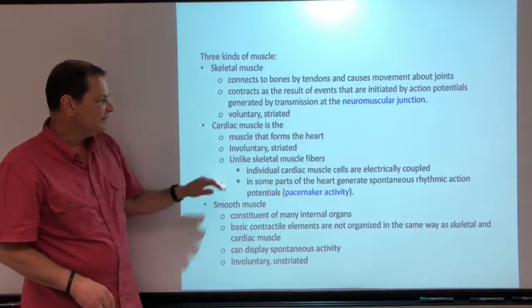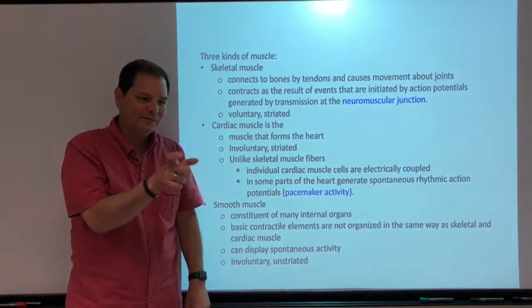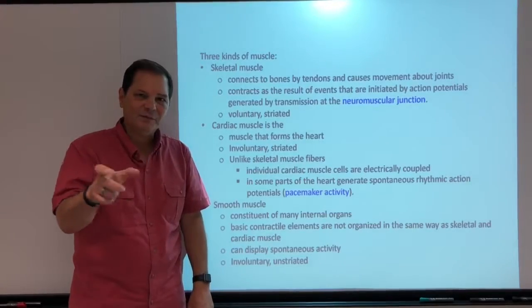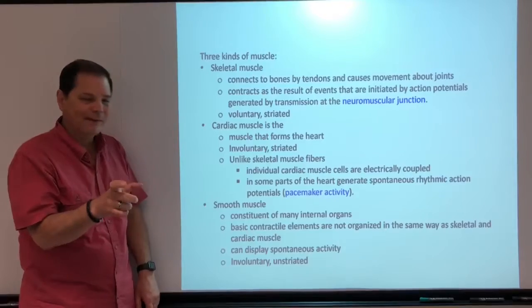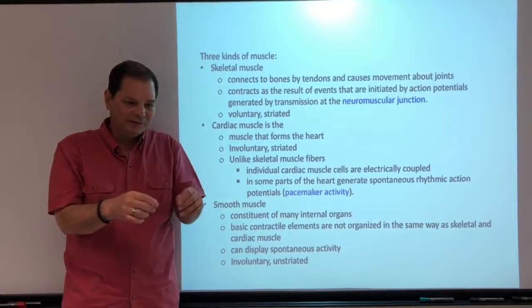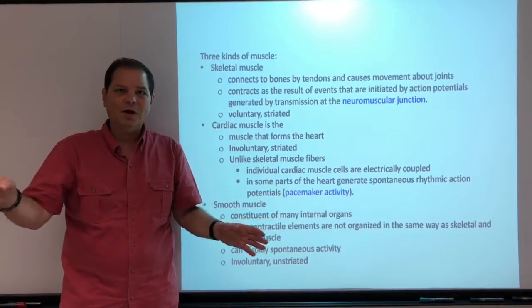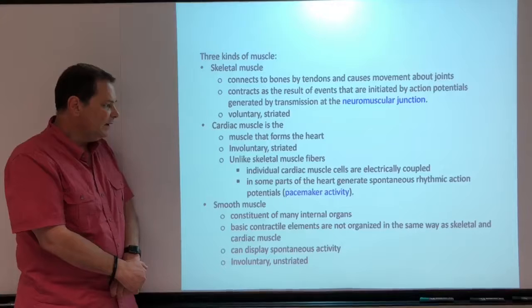Unlike skeletal muscle, there are a bunch of individual cardiac muscle cells that are lined up one after another, and these are electrically coupled through gap junctions. And whereas skeletal muscle cells tend to be very long and more or less run the length of the muscle,